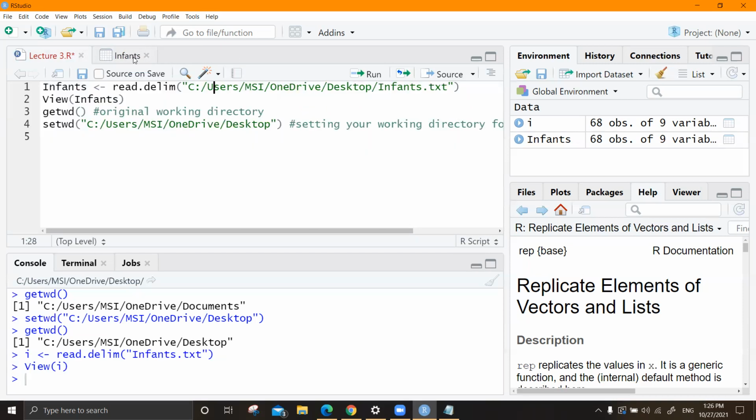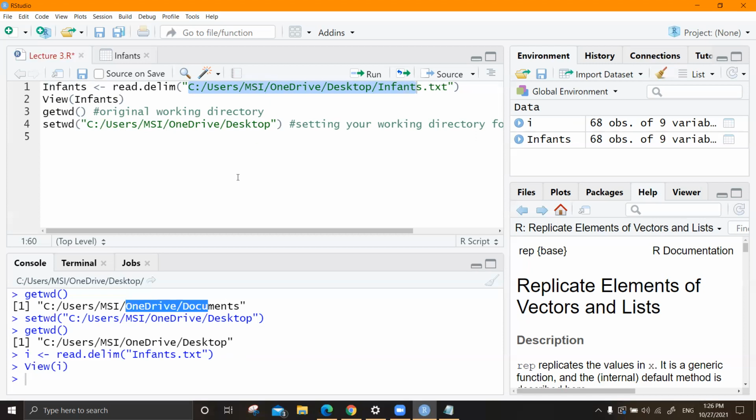So what you learned now was, if you are fed up giving the entire file location when you're uploading a file, have your data set saved in your working directory. Still, if it is too far away, like it is somewhere inside the documents, rather than desktop, it's really hard. It's okay. If you are used to go with this, that's fine. You can have your file anywhere, right? The thing is, you have to give the file location.